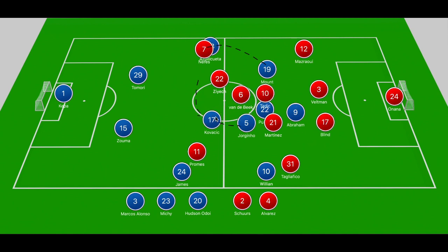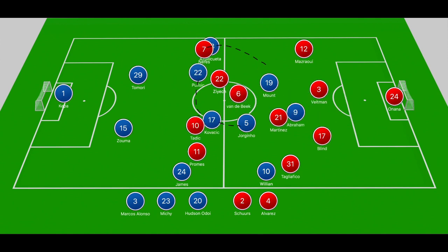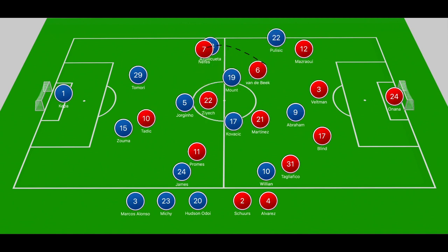Before Tadic can step to Jorginho, Jorginho slides the ball and breaks the lines in between Martinez and Pulisic in the middle and Van der Beek to find Kovacic again, who is able to drive forward now. He's able to drive at the center backs, and we end up seeing Abraham peeling off of Blind, and when Kovacic gets towards the center backs, he splits them with a pass into Abraham in right half space, but Veltman does a good job of recovering that run, and he applies enough pressure on Abraham that when he gets towards goal, he can only fire a tame effort at Onana that ensures that Chelsea don't cut into Ajax's lead. But in those two examples, like I said, you're seeing Abraham get into good positions, but not being the ruthless striker that Chelsea need,